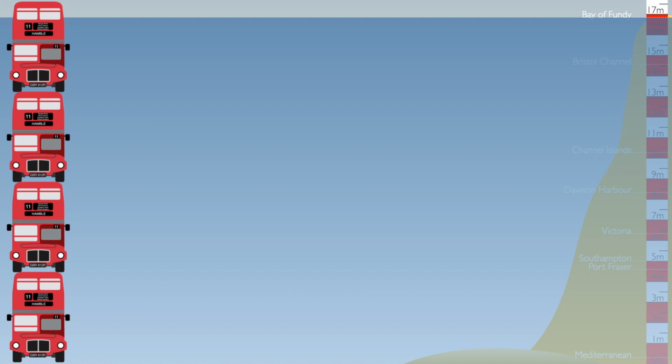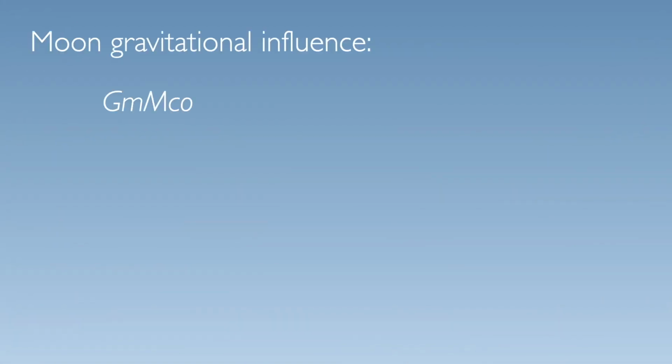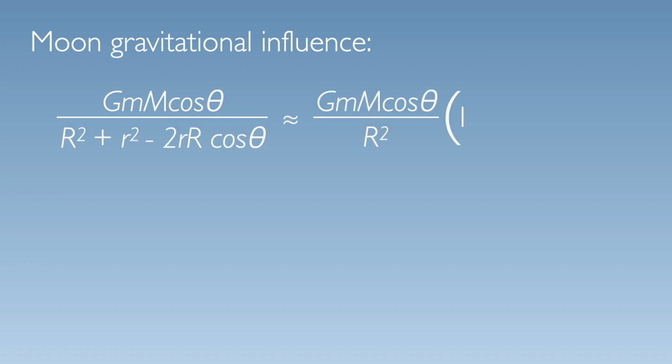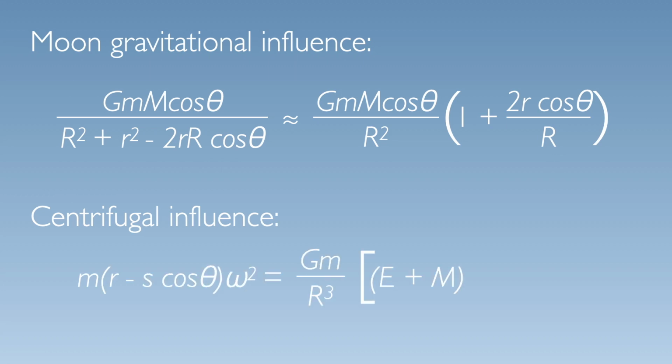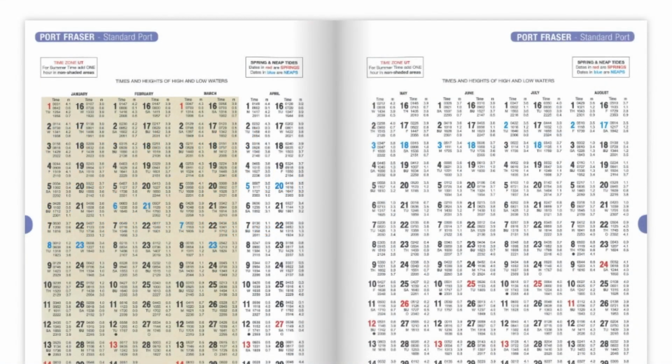So how do we work out what the tides are doing and how they might affect us? Well, first we need to know the calculation for the Moon's gravitational influence, and then the calculation for the centrifugal. Only joking. Fortunately, the hard work and calculations have been done for us. The pre-calculated data is compiled using both astronomical calculations and historical information, which means it considers local anomalies that will impact the tide. So all we have to do is learn how to look up the relevant information and use